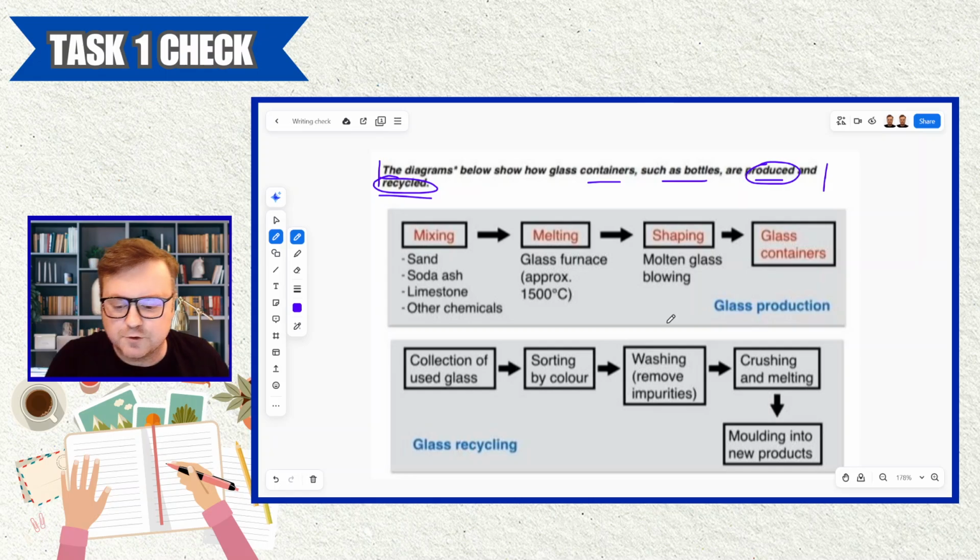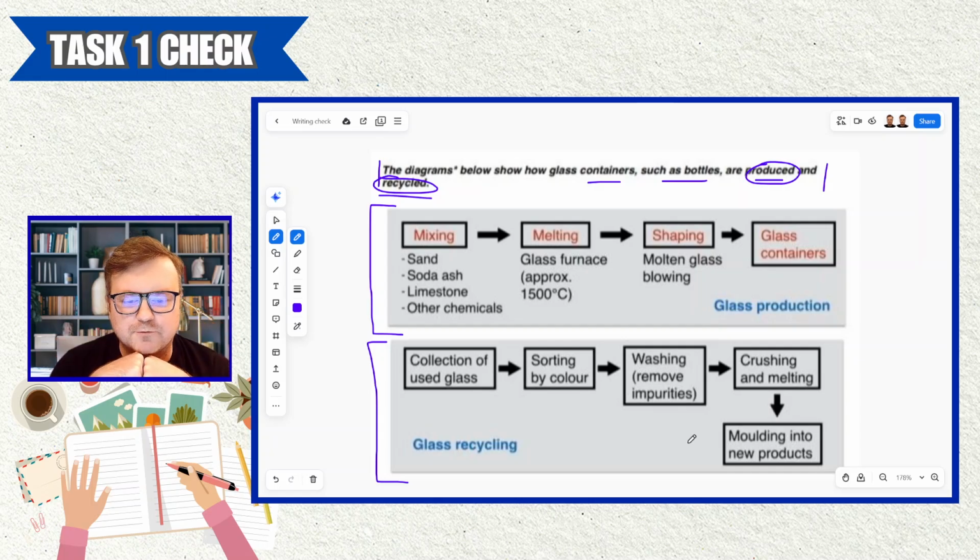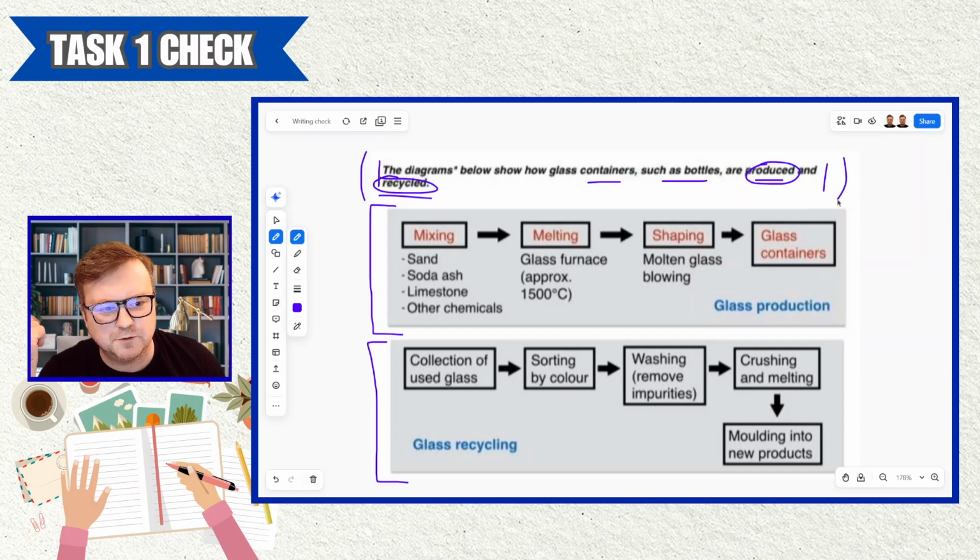As always, those of you who watch this channel regularly know that in IELTS writing task 1 academic, I'm always thinking, how can I split this into two? Sometimes it's difficult. Sometimes life is beautiful and things are easy. And so we have a very easy way of splitting this into two. This and this. Glass production, glass recycling. Beautiful. So IELTS writing task 1, as always, we start with a very simple